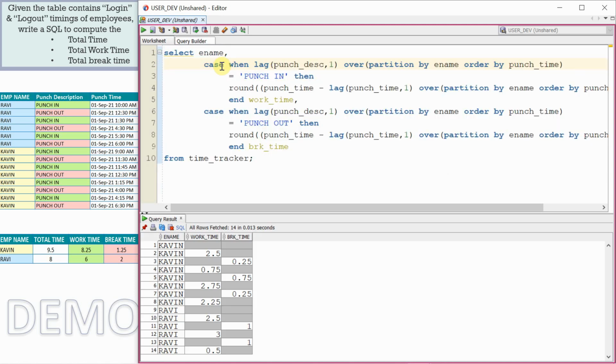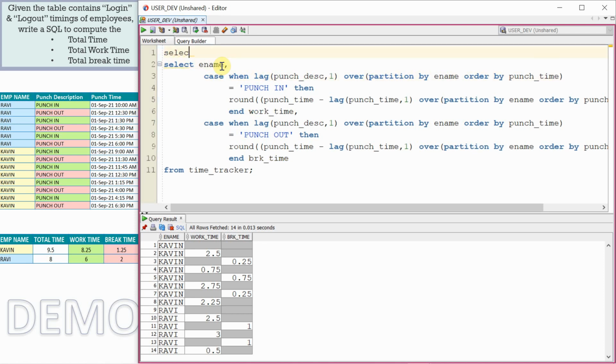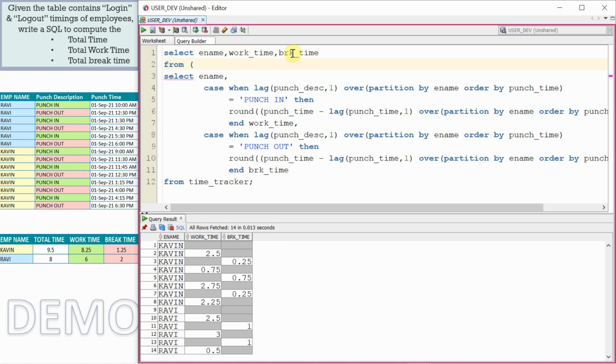So basically we just need to aggregate this for each employee. That's it. So let me just make an outer query saying that select ename, comma, work time, comma, break time from the inner query. So we just need to add both these times so that we will get the total time.